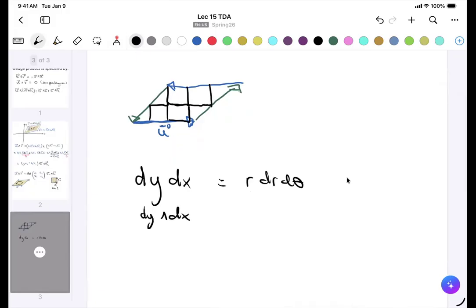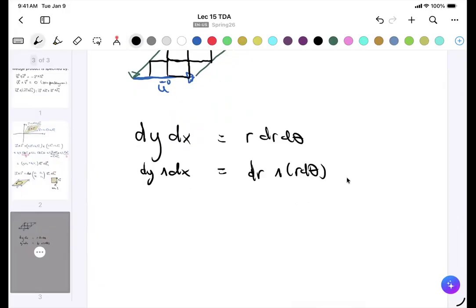And this is what you do in differential geometry. You would write this as something like dr wedge r d theta. And so the idea here is that, again, dy dx is kind of like a unit square on the plane, right? So dy and dx are similar to E1 and E2. They're called differential forms, in differential geometry. And then dr d theta,